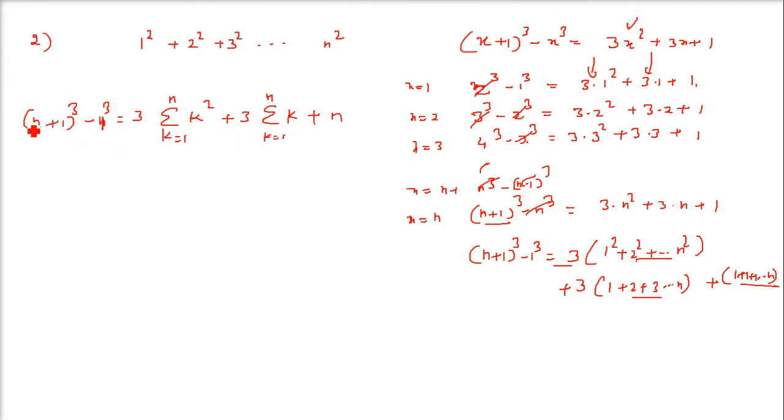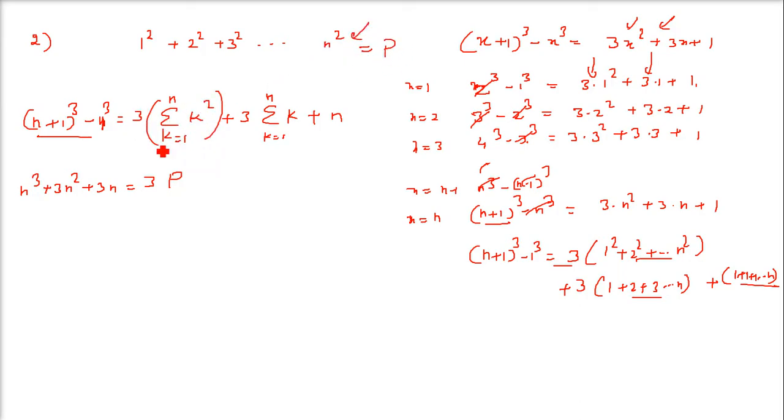Now we have this one. If you open this from this formula only, you can find out what you are going to get. This is the formula. So you can easily see that you are going to get this. If you open (n plus 1) whole cube using a cube plus b cube plus 3ab(a plus b), and then subtract 1, what do you get? N cube plus 3n square plus 3n equals 3. Now this one I am taking as, say, p. Why? Because this is what we want.